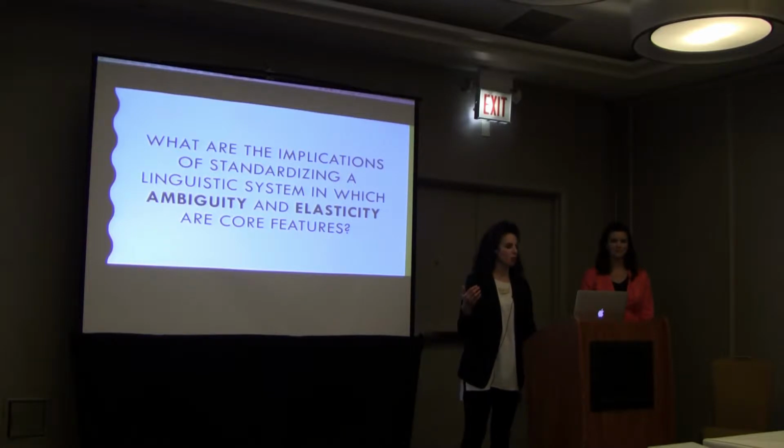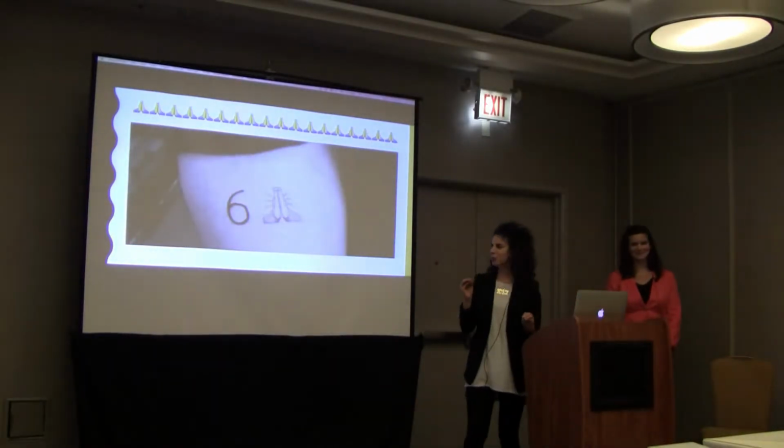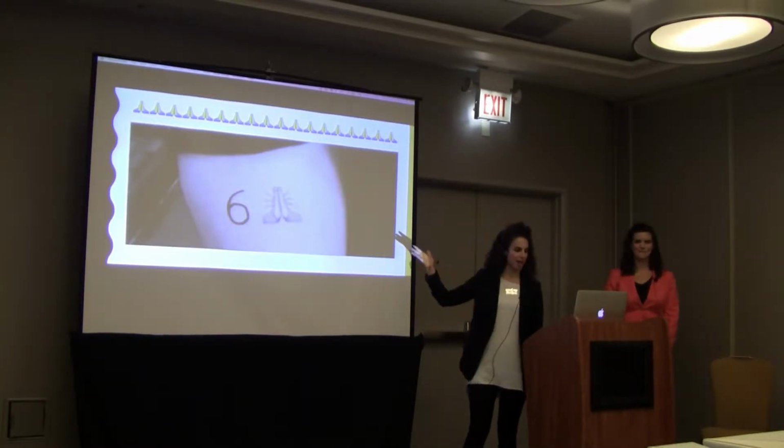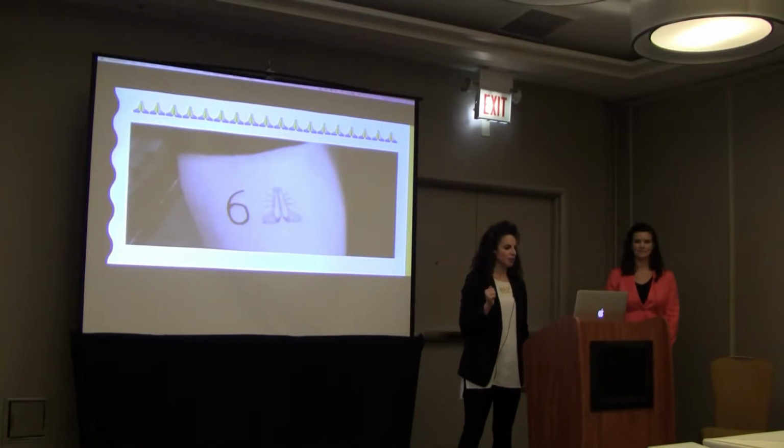But before we get there, we want to whet your appetite back in the realm of pop culture. And I present to you the forearm of Drake. If you do not know who Drake is, he is a popular rapper. And on his forearm, he has U+1F64F, person with folded hands tattoo.